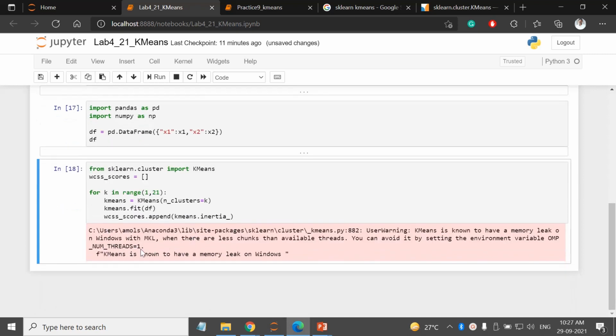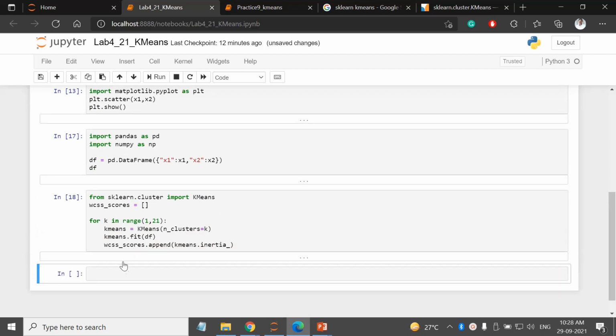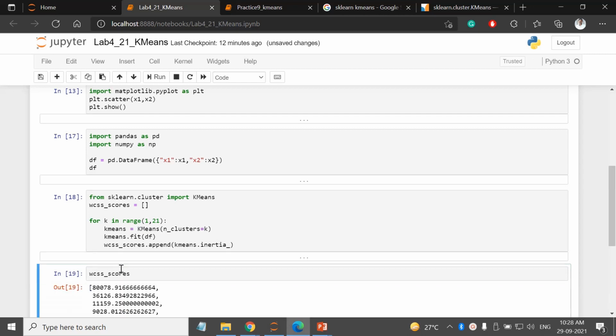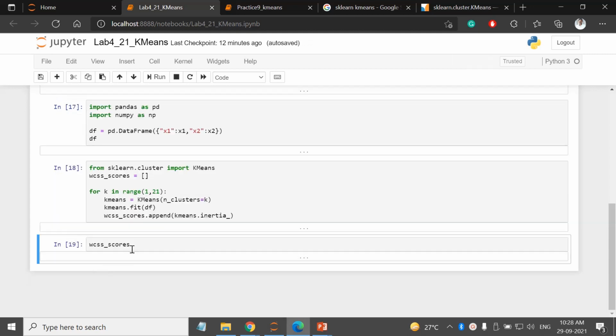This is the warning. So we have the WCSS scores, and let us print them. See, the values are decreasing: 80,000, then 36,000, 11,000, 9,000, 7,000, all the way down to 900. And I can plot it.